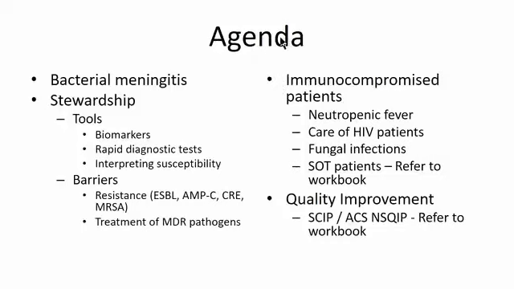We'll start with bacterial meningitis. We'll also use the case from bacterial meningitis to carry over to discuss some of our stewardship tools, including biomarkers, rapid diagnostic tests, and a small section on interpreting susceptibilities. And we'll also talk about some of the barriers to good stewardship, including resistance mechanisms and how to treat MDR pathogens. And maybe the last 10 to 15 minutes, we'll talk about immunocompromised patients, including neutropenic fever, care for the